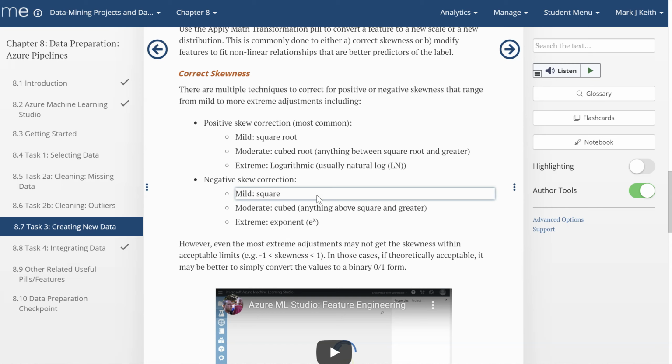What we want is some sort of mathematical transformation that will shift values here on the lower end to be higher values, so that we'll have fewer values over here on the left, more in the middle, and not quite so long of a tail on the right, and it'll look more normal. If our distribution has lots of small values, what we could do is use a square root transformation. So think of what that would do for a moment. It might be easier to look at this in